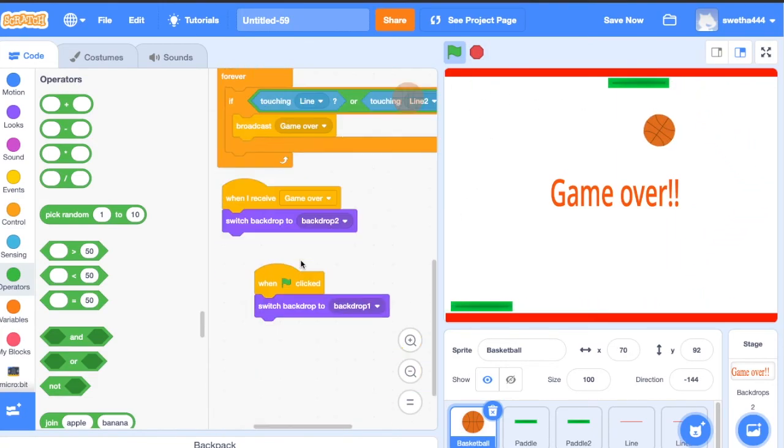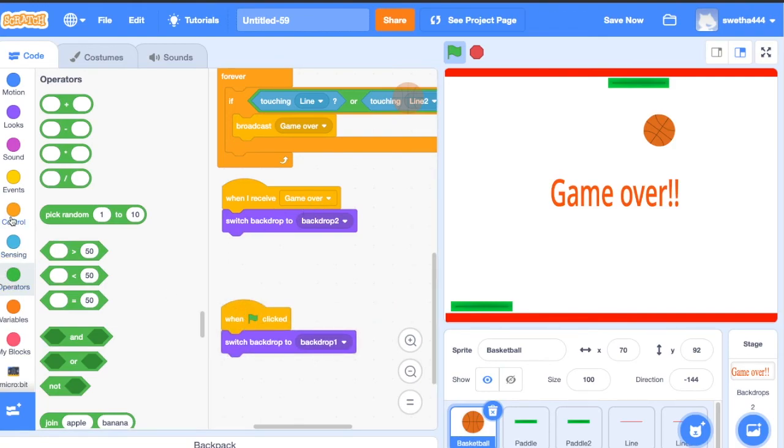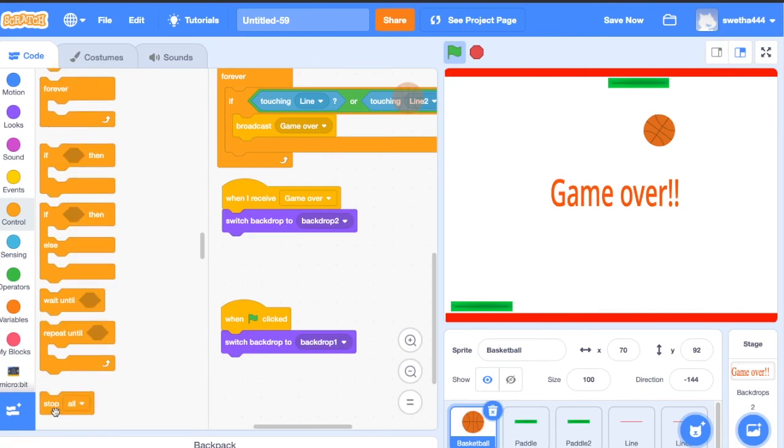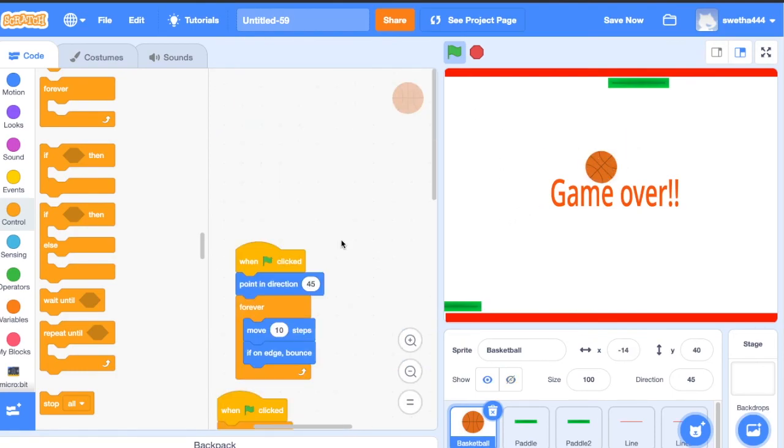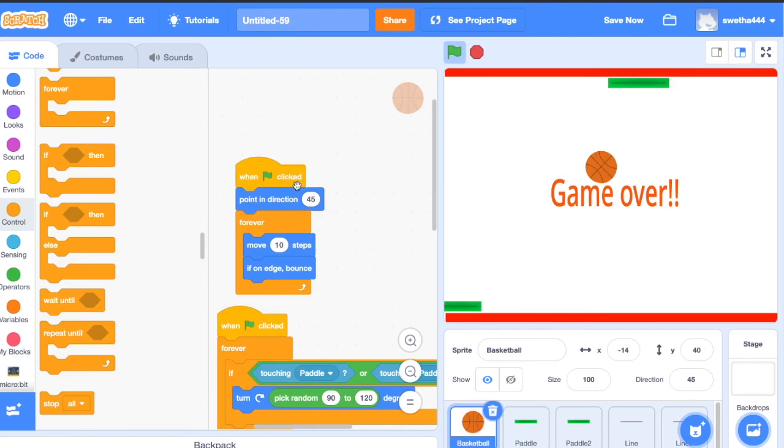Okay, when I receive game over, switch backdrop and click on controls, drag stop all. One more thing, when green flag clicks, the ball should be in the center of the stage.